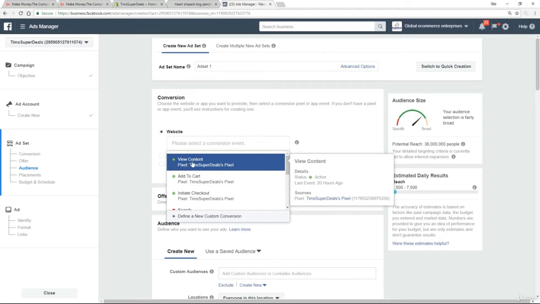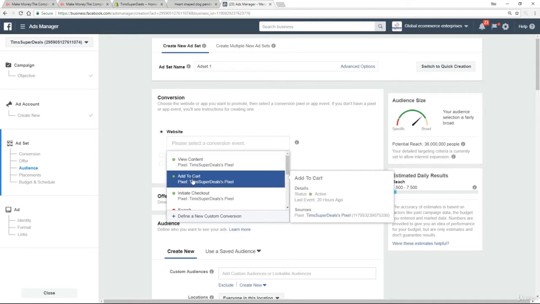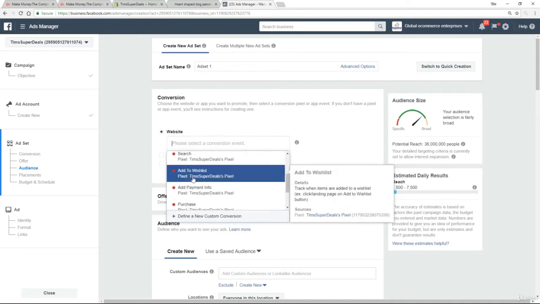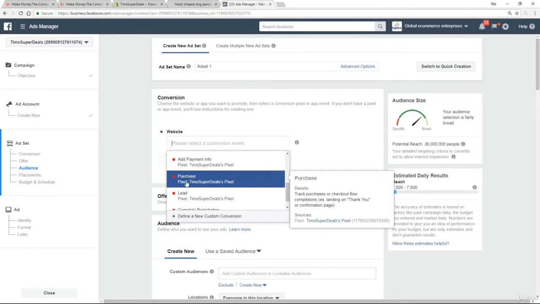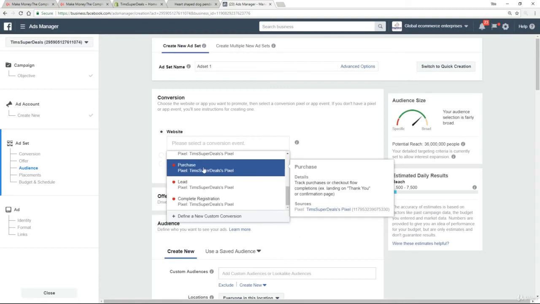I viewed a content. You remember I added something to the cart, so these are green. But I never bought anything off my website. So for the moment, the purchase one is red. Now, this is the very, very clever bit, the bit you don't have to worry about, but this really is the magic of Facebook ads. Because if I select, for example, purchase,